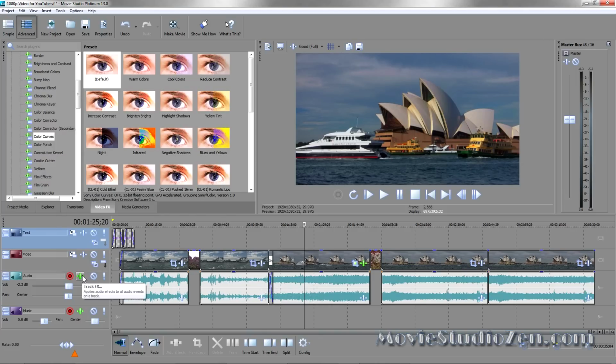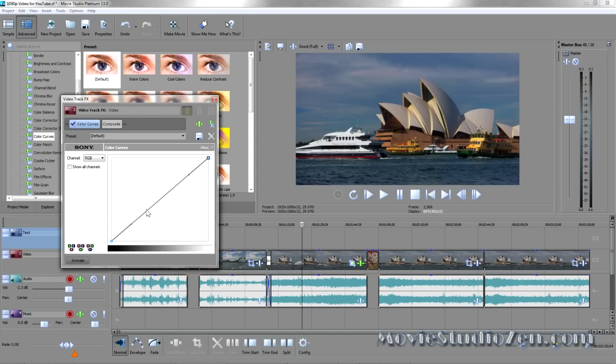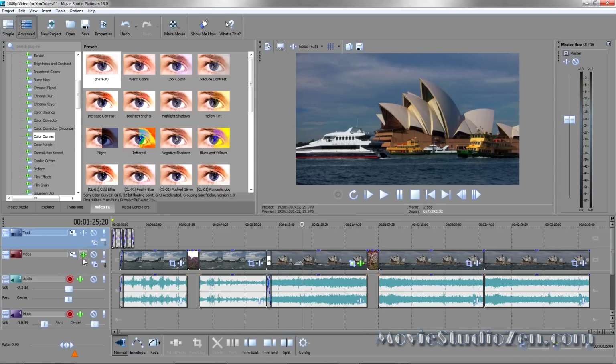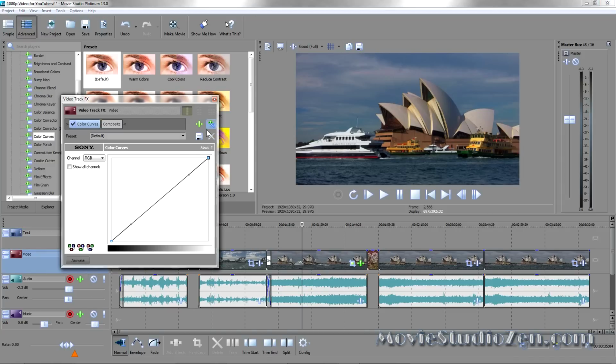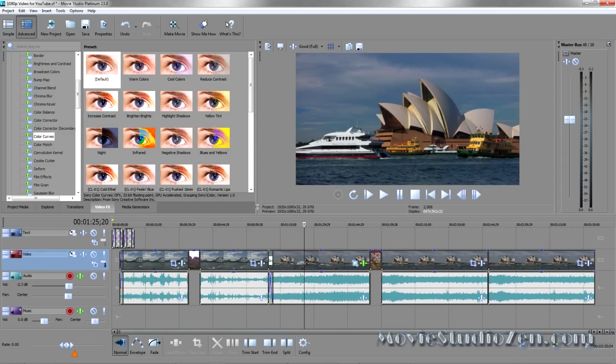You can also apply the effects on the track layer. So what I did first was just apply it to one video clip. But if I wanted to apply the same color correction to everything on the entire track, I would do it via this button here. So I would add it into there like that. But I don't want to do that, so I'm going to click on top and get rid of it.